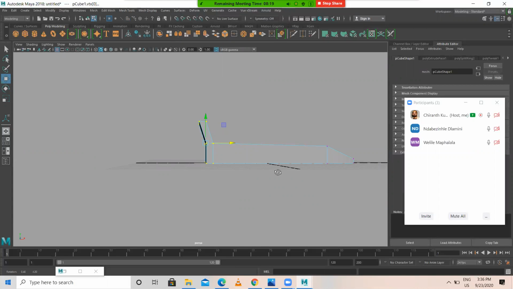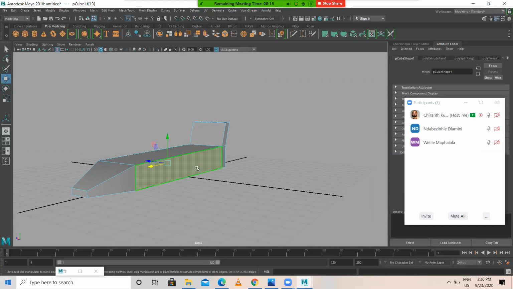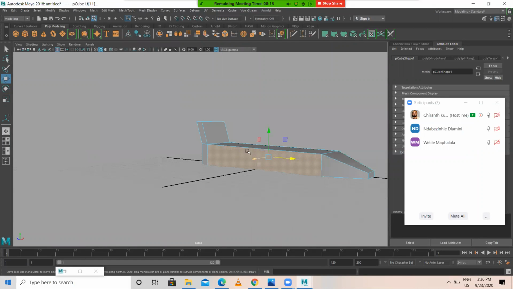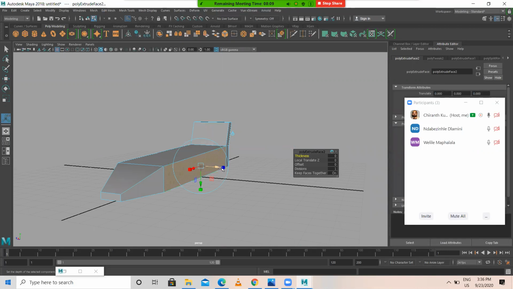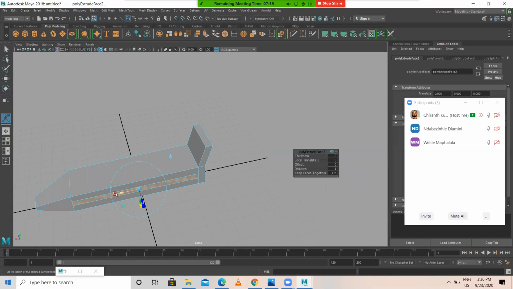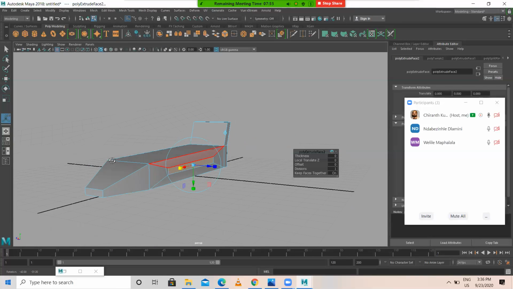Then select this face and shift select this face and this face. Edit mesh, again extrude like this. Initially I have to do like this, then I have to do like this. Both the sides it is applicable.